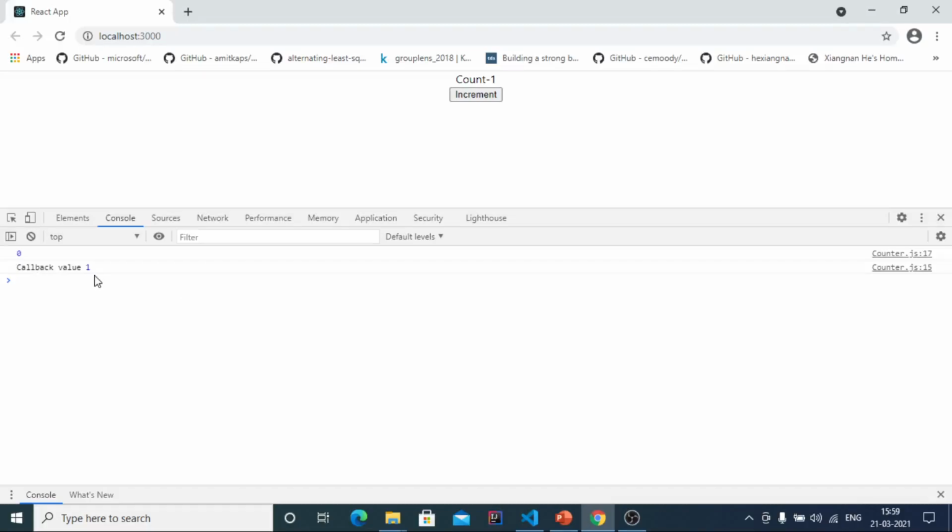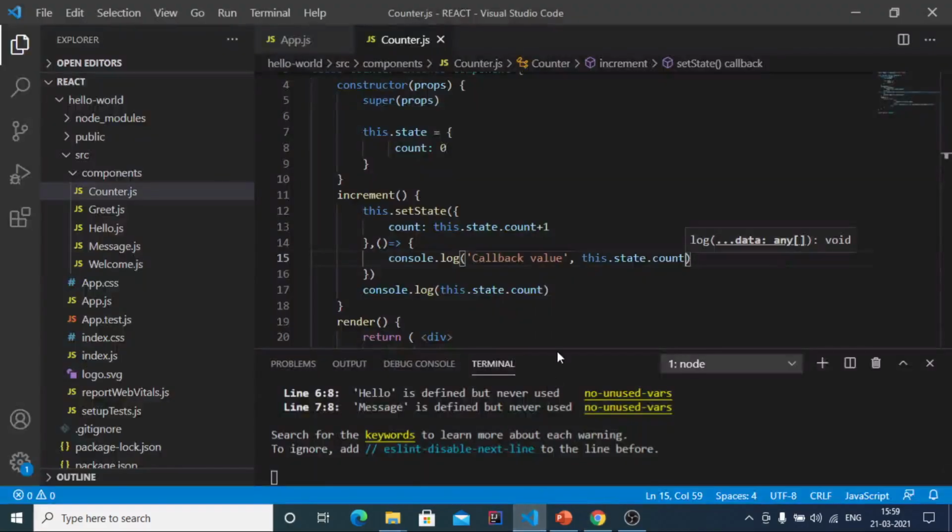So that's why this is the second do's and don'ts with the state and setState method. That is, if you want to execute some code after the state has been updated, you have to make use of callback function, which is passed as a second argument to the setState method.